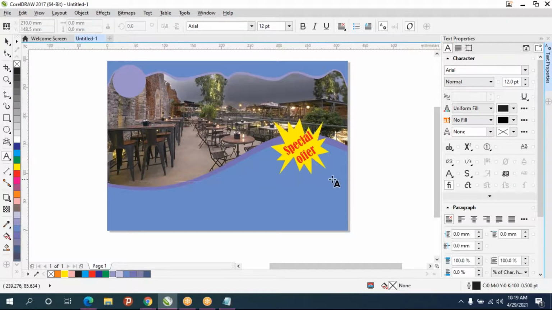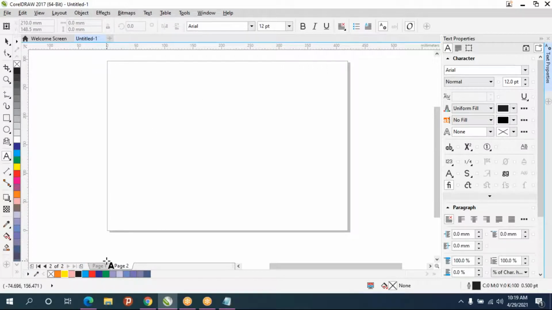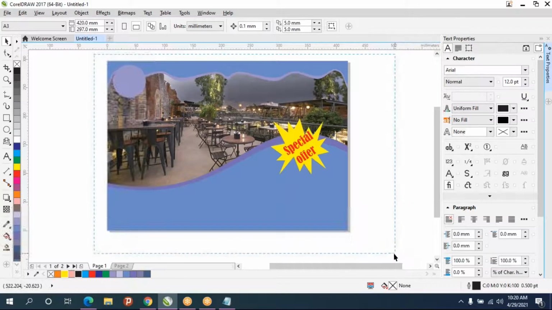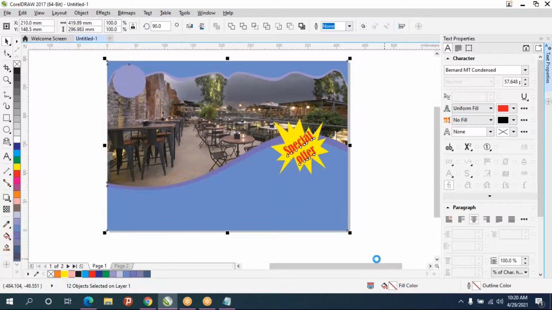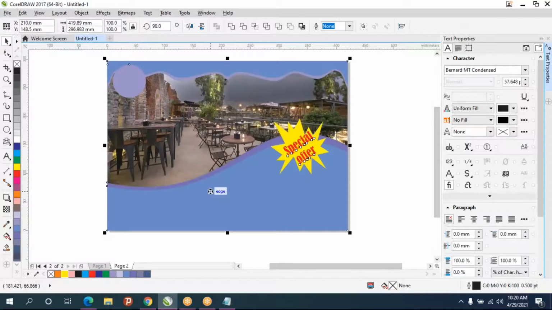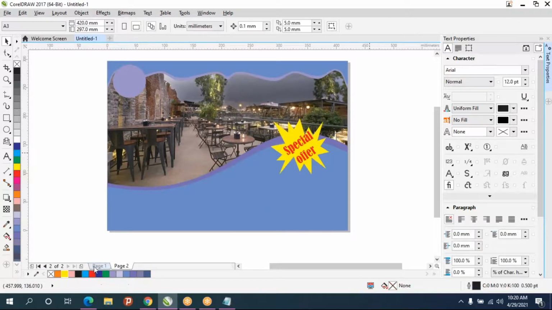And if you want to mention your phone number, address, everything, you can mention in the corner. Or one more, other than that, you can create new tab. So this design only you can do copy paste, Control C, and go here, Control V. So this is first page. In the second page, you can change the design little bit. I'll delete this.